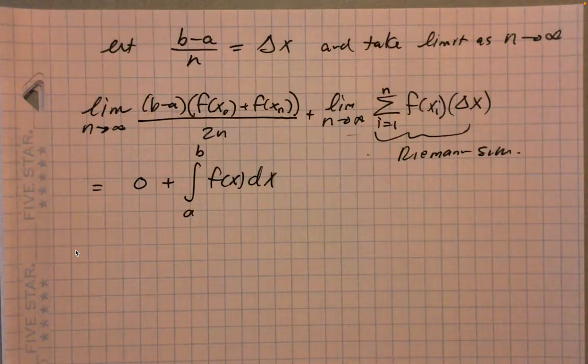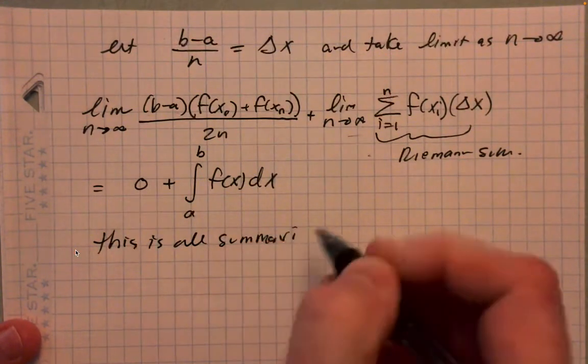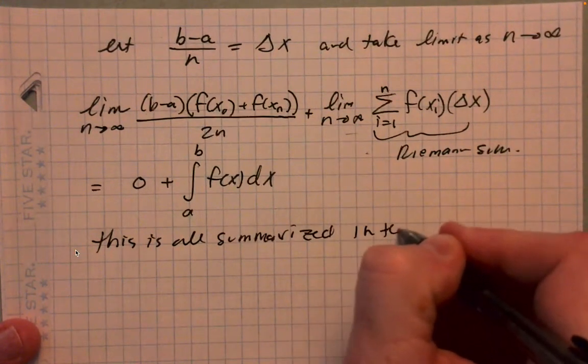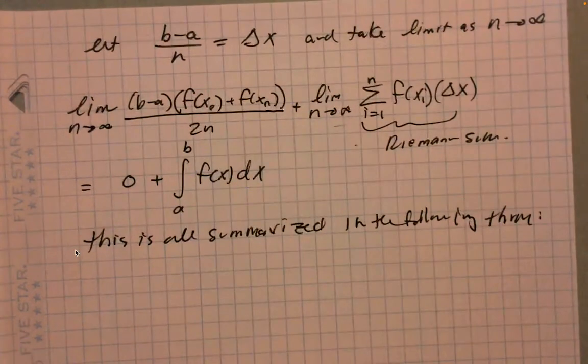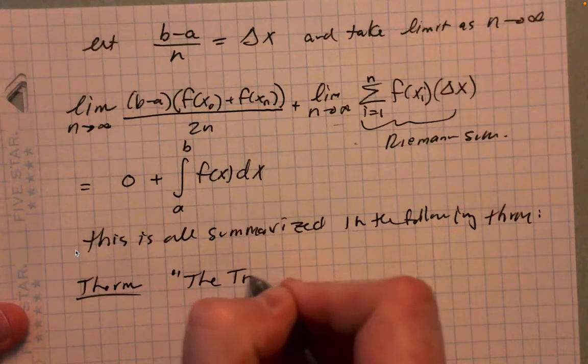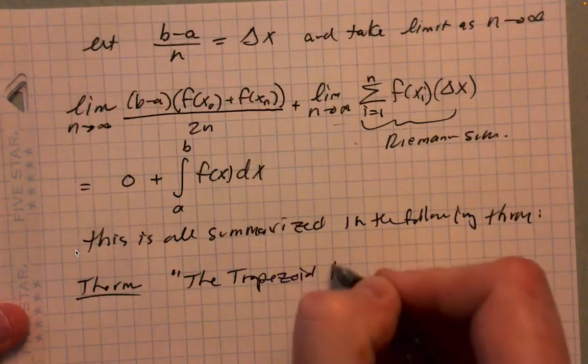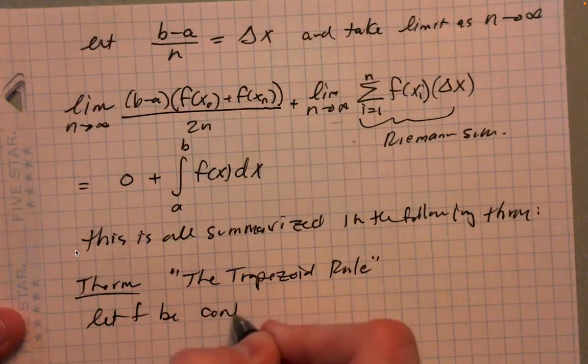So this is basically a derivation of how we can use trapezoids to approximate and then generate a definite integral. And this is all summarized in the following theorem. This following theorem is called the trapezoid rule. Okay, the trapezoid rule. So let f be continuous